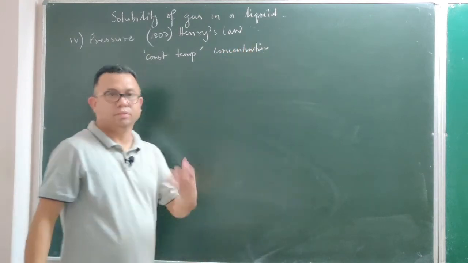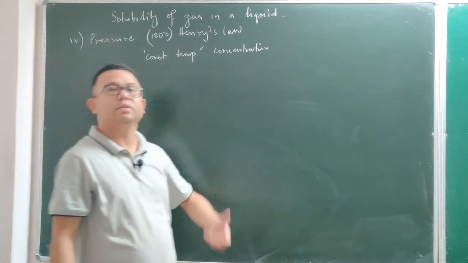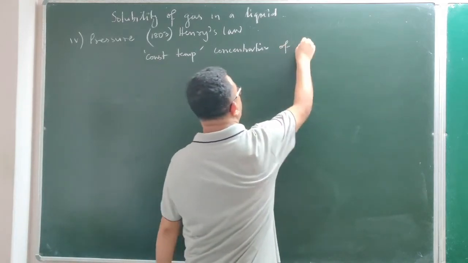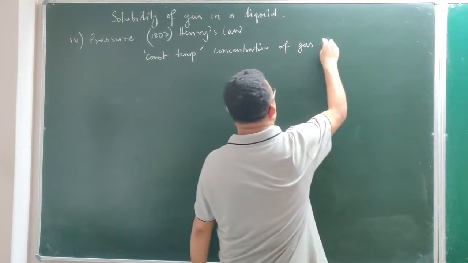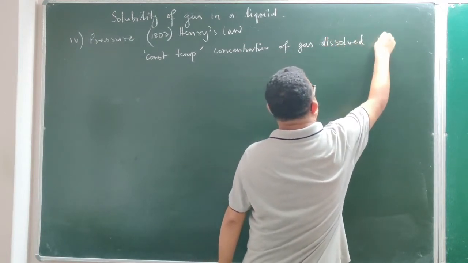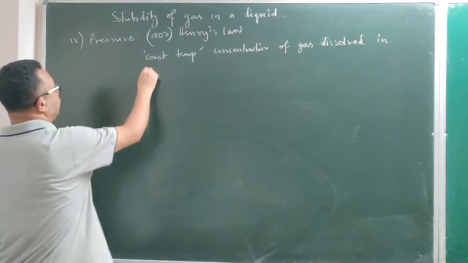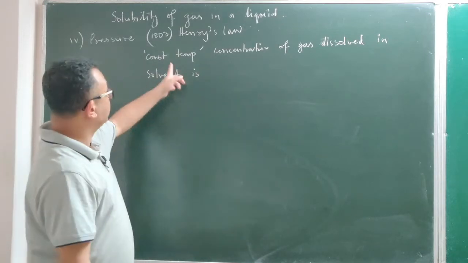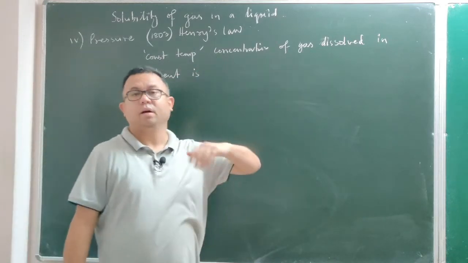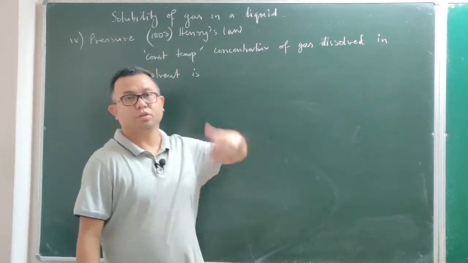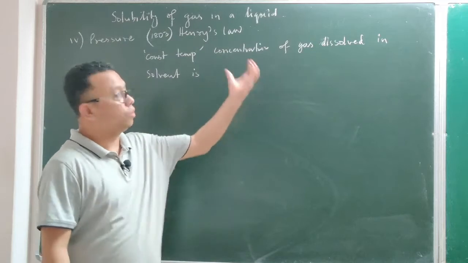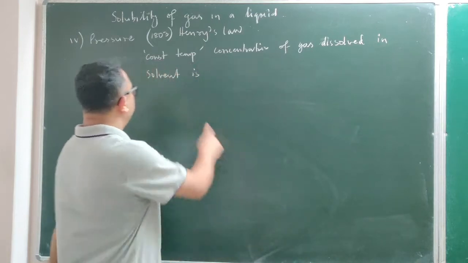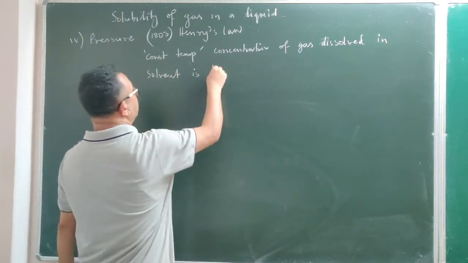That means we can say the concentration of the gas. And you know the meaning of concentration: the greater the amount of gas, the more the concentration; the greater the mass, the greater the concentration. So the concentration of the gas dissolving in a liquid or in a solvent is directly proportional to the pressure. Directly proportional means when the pressure is increased, the concentration of the gas also increases. With greater pressure, there will be more concentration of the gas. And don't forget, more concentration means more solubility. So solubility is directly proportional to